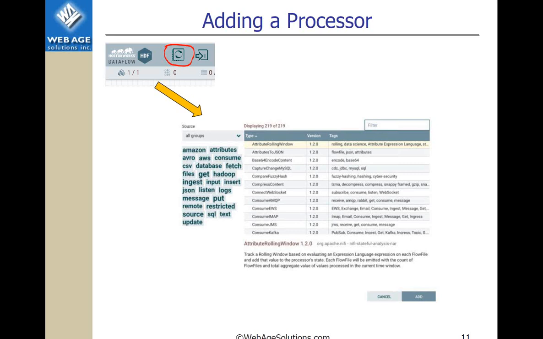On the left-hand side, it has a tag cloud, which is sensitive to your typing. So if in the filter window you start typing, let's say I would like to do something with SQL, it would immediately narrow down that list. It's kind of a responsive development.